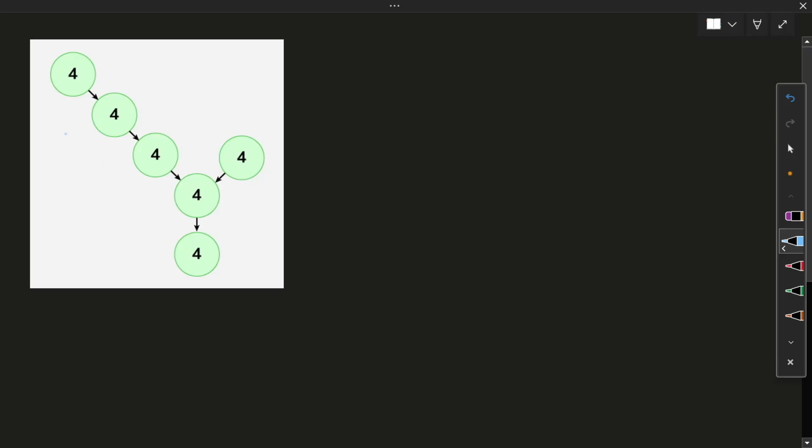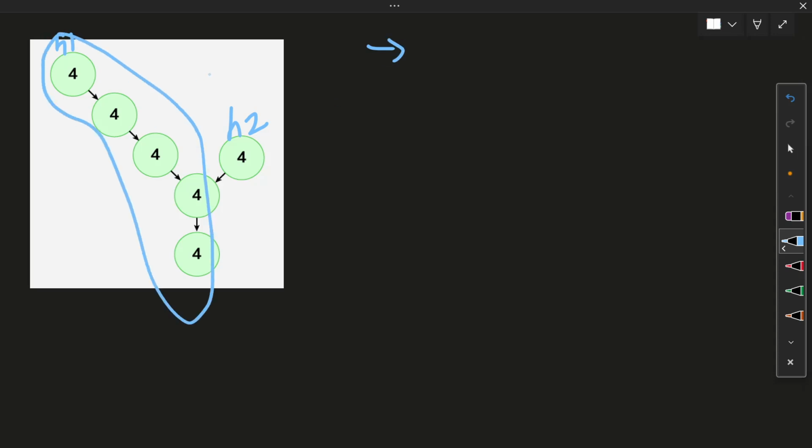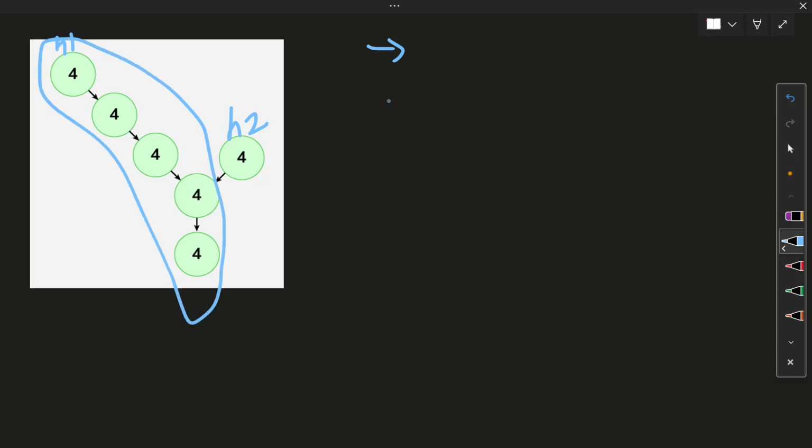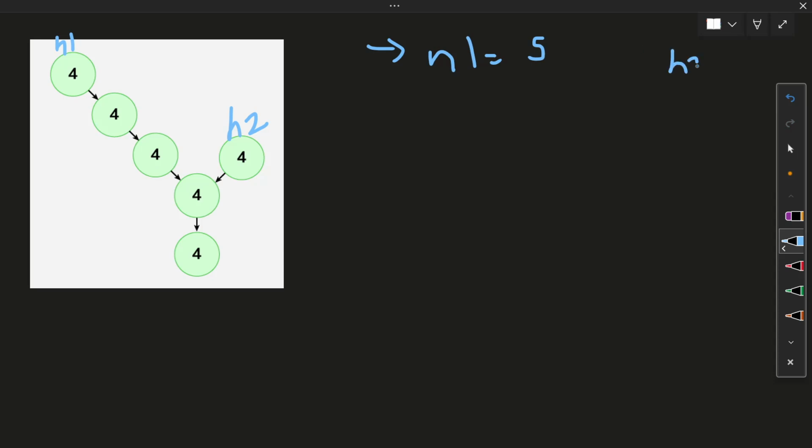Let's build the approach. So we have this, and this is our head 1, and this is our head 2. This is the first linked list, and this is the second linked list. In the first iteration, we need to find the length of the first linked list and the length of the second linked list. Let's say n1 is equal to 5 and n2 is equal to 3.